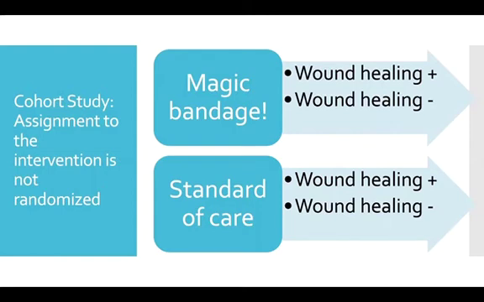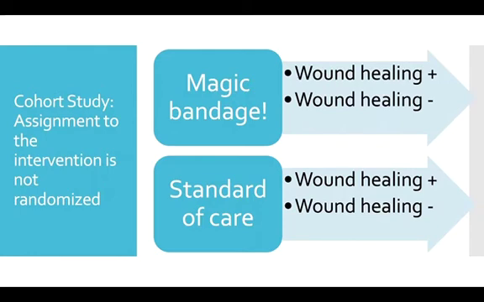I'll describe how getting assigned in a cohort study will happen and what that might mean in terms of the data that can be generated. In a cohort study, a patient could present to a clinic and then get assigned to treatment with this Magic Bandage, and the investigator